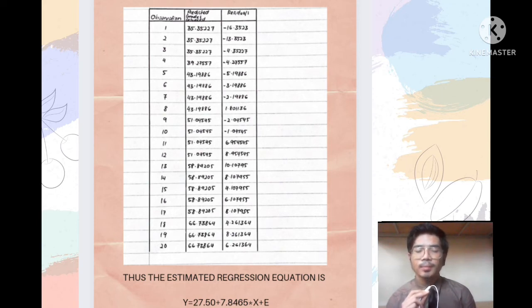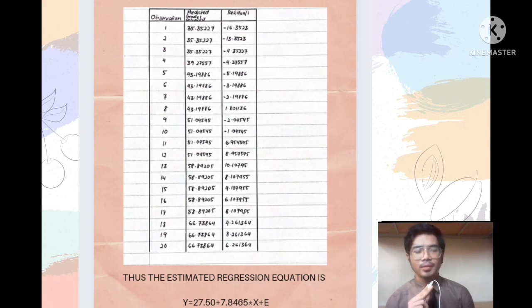Based on the table displayed, it shows the observations on the forecast grade achieved. The first column shows the number of observations. The observations taken are 20. The second column predicts the grade achieved and the third column is the residual. If we look at the predicted grade from observation 1 to 20, it experiences an increase in value. The first observation is 35.35227,